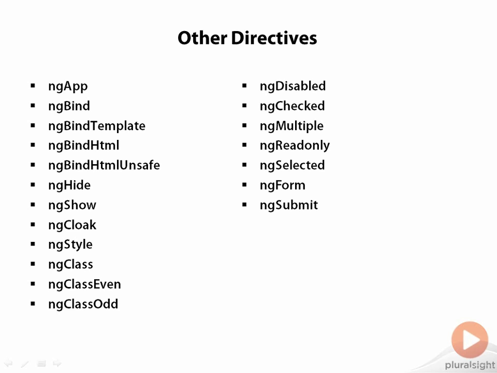The next two directives are somewhat similar to each other. Those are the href and source directives. The href directive is for binding the href attribute on an anchor tag, and the source directive is for binding the source attribute on an image. As we discussed before, if you set the source attribute of an image to a binding, the browser will immediately try to request that binding as the URL and fail. So the source directive allows you to give Angular a chance to run its bindings before the browser requests the